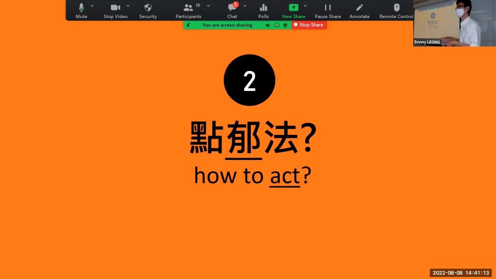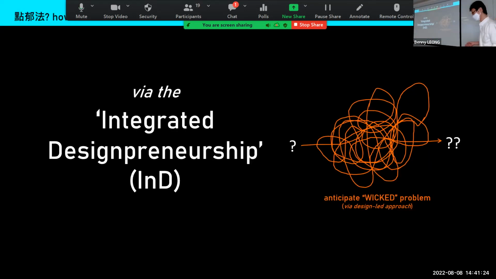So that brings us to the idea of developing the optional capstone, which tries to integrate the knowledge, capacity and ability of students from different disciplines.